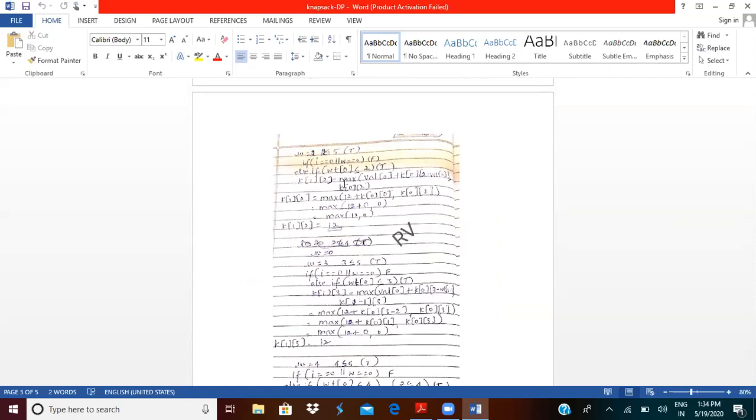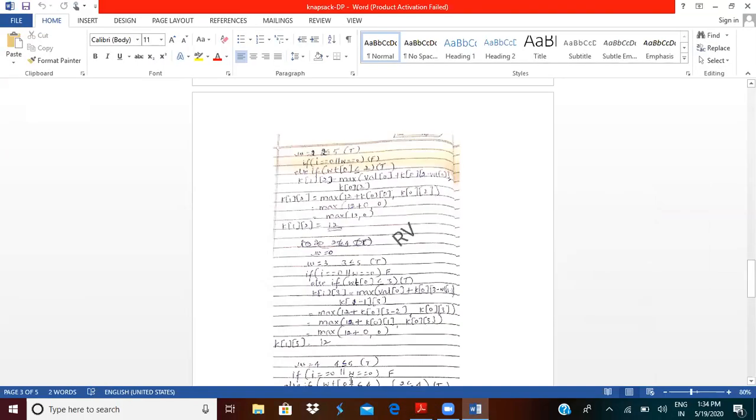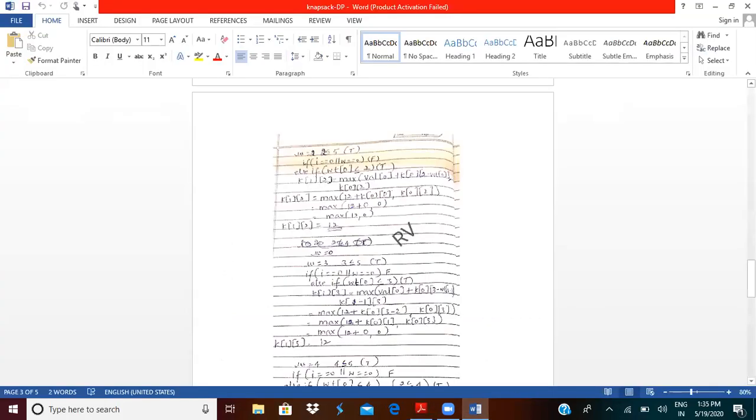2. So k of 1 of 2 is equal to maximum of value of 0 plus k of 0 of 2 minus weight of 0. If we take up this program here, value of i is 1, 1 minus 1 is 0. So the value at the 0th index, where do we get the value from?